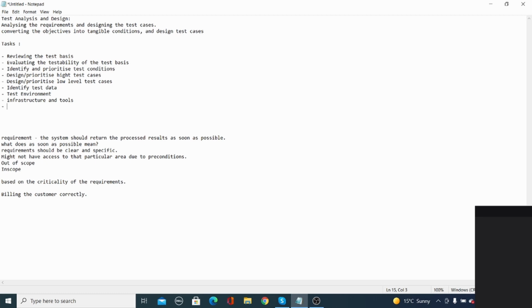Then what other automation tool are you using? Then code configuration tool. What tool are you using? IntelliJ or Eclipse? Based on the money you have, you can buy. If it is free, then you can use Eclipse. Identify any required infrastructure and tools.